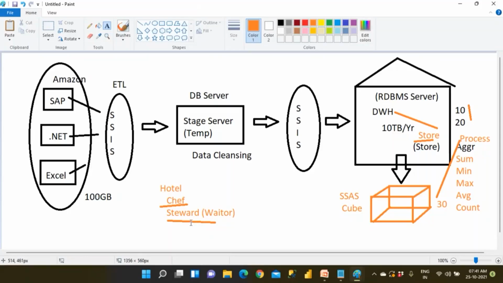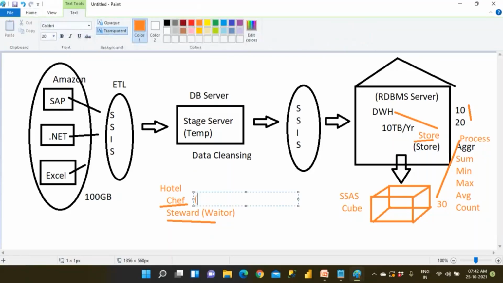So there is a chef department, there is a stewards department, serving department, F&B production, right? Chefs are called that in the five-star hotel F&B. F&B means food and beverages. So food and beverage production department. Production means people who are going to be making.